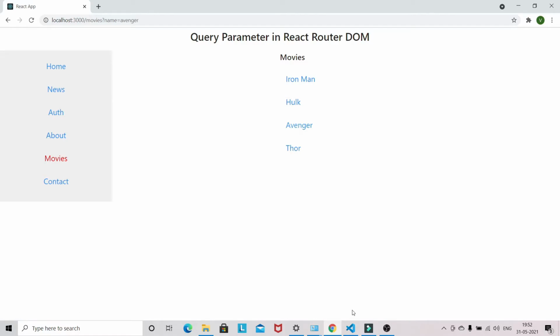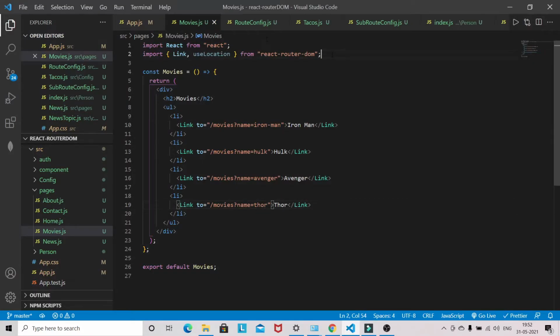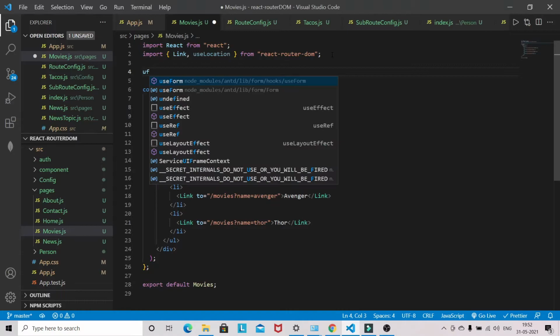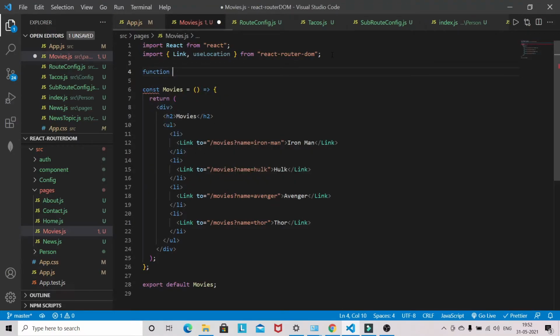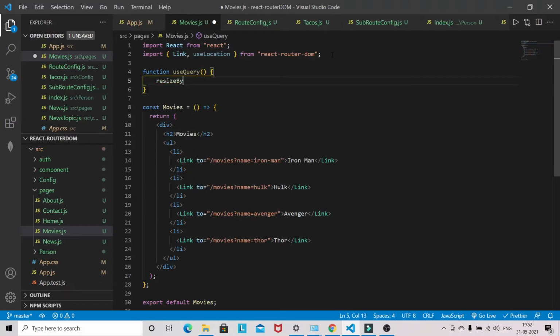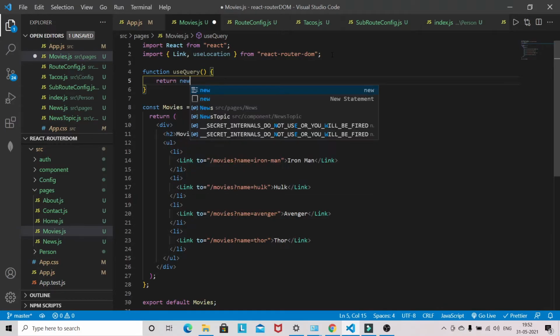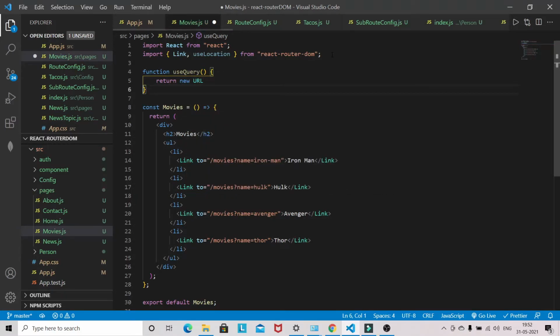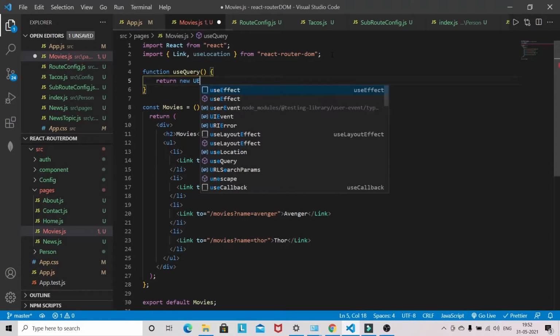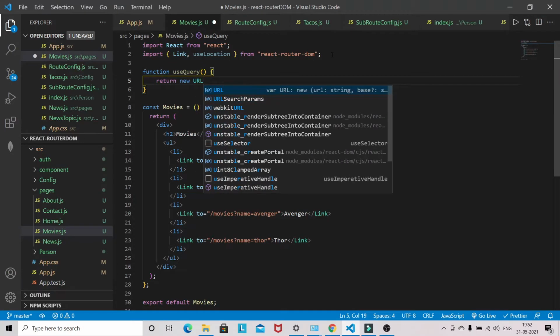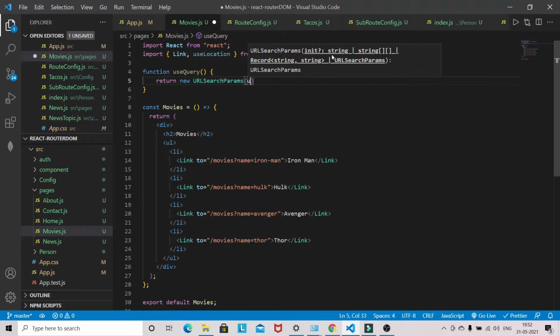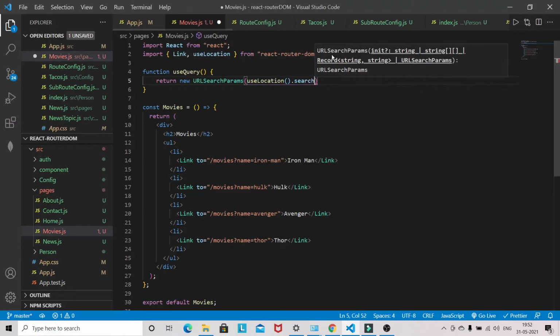Okay, now we'll write one function here. So function useQuery, and it will return new URLSearchParams, useLocation dot search.